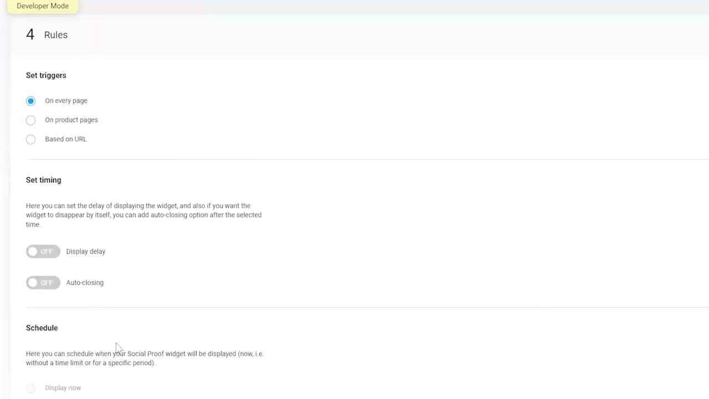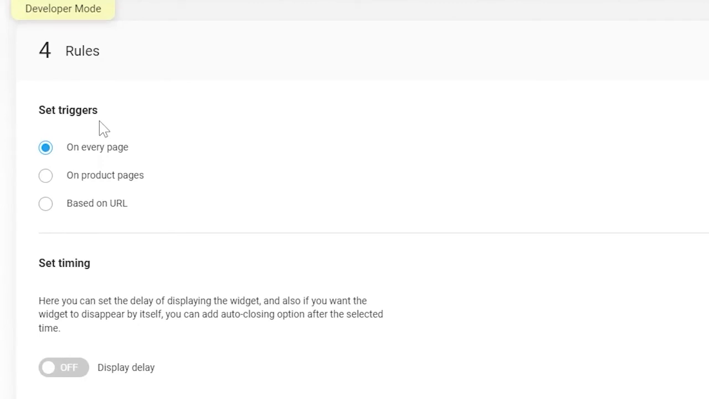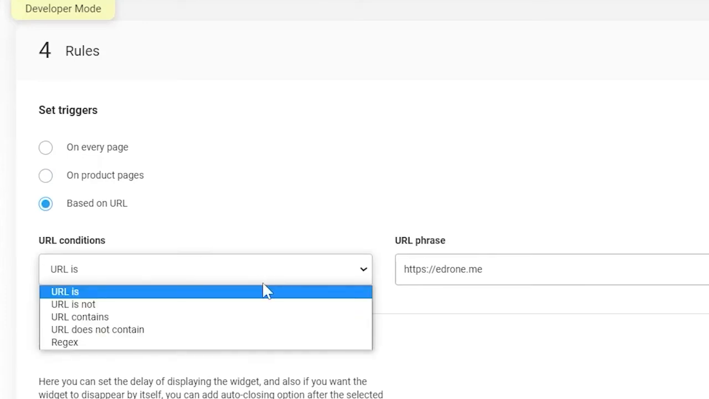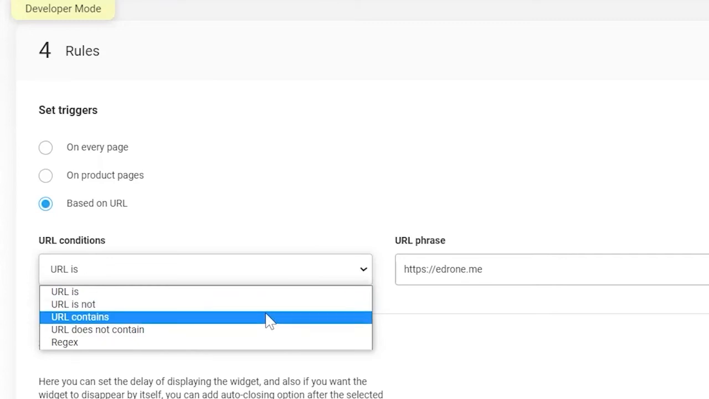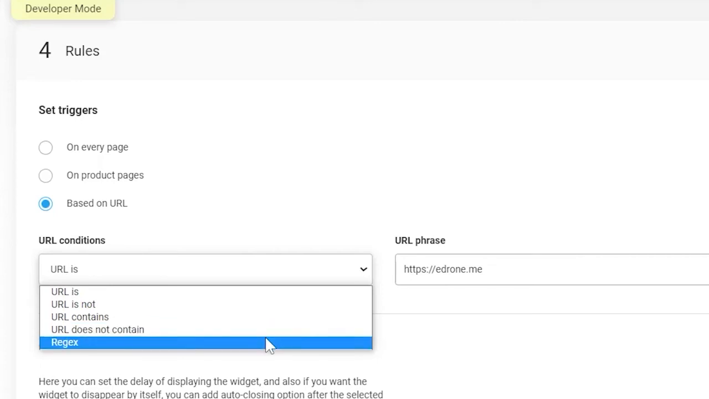In step 4, Rules, set where your social proof widget will be displayed. Depending on the purpose you selected earlier, you can display the widget on every page, on product pages, or by rules based on URLs. You can display the widget only on the selected address, not display on the indicated address, display on addresses containing the selected string, or not display on addresses containing the selected string. You can also display on addresses that match the character pattern, for example,